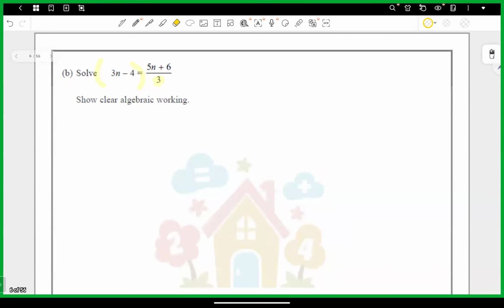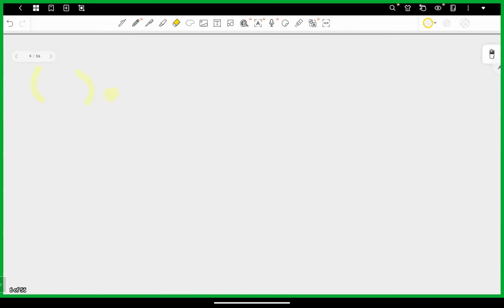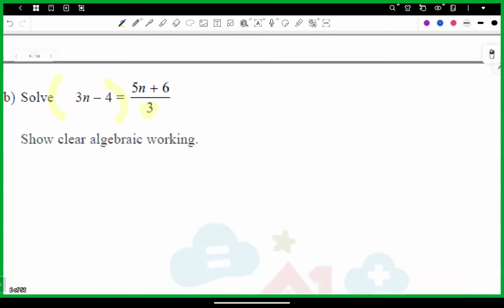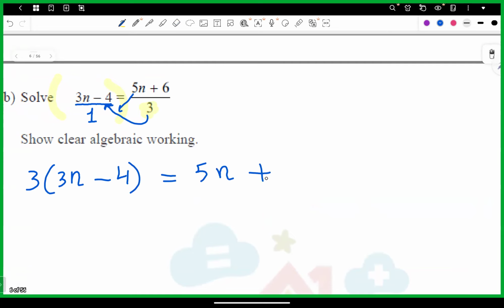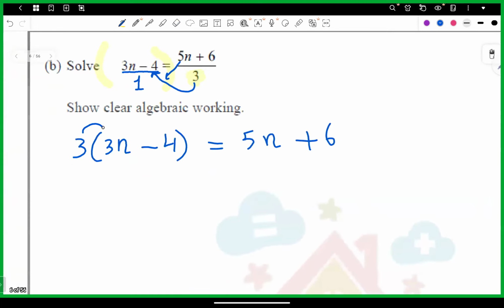In this kind of question, I don't want this fraction. I don't want this denominator 3. So if you have any number down here, you can multiply this number by this side. Okay? So this is over 1, this is 1 by 1, and this is 1 by 3. So 3 multiplied by 3n minus 4, close this bracket, equals 5n plus 6. You multiply 3 by 3 and 3 by 4,